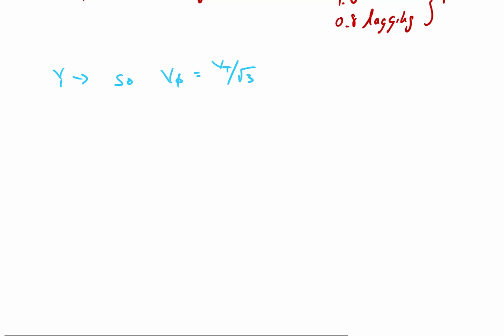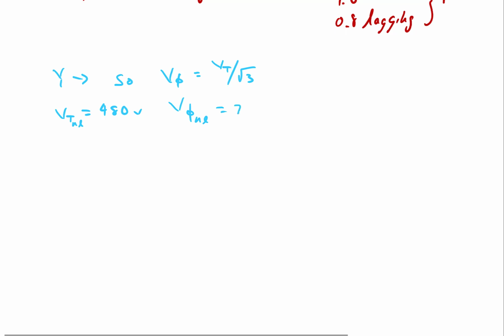So when the terminal voltage is equal to 480 volts, as it is here, the field current was adjusted so that Vt at no load was 480 volts. Let's just put no load here. The phase voltage is going to be